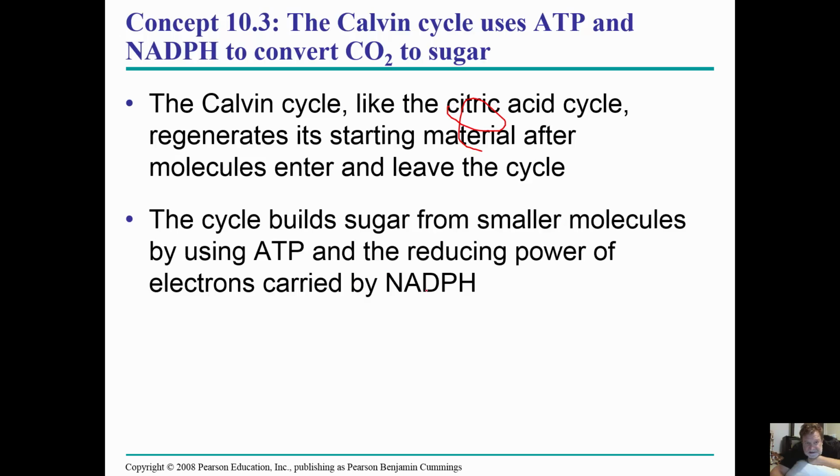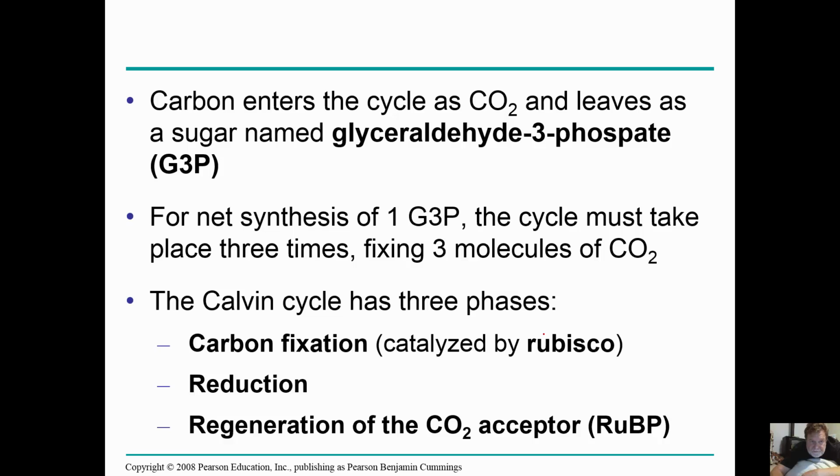The Calvin cycle, like the citric acid cycle, regenerates its starting material after molecules enter and leave the cycle. The cycle builds sugar from smaller molecules by using ATP and the reducing power of electrons carried by NADPH. The carbon enters the cycle as carbon dioxide and leaves in the sugar named glyceraldehyde 3-phosphate. We saw this before. For net synthesis of one glyceraldehyde 3-phosphate, the cycle must take place 3 times, fixing 3